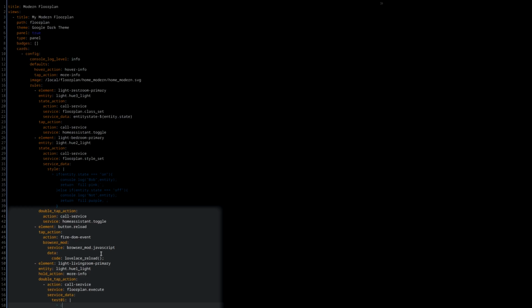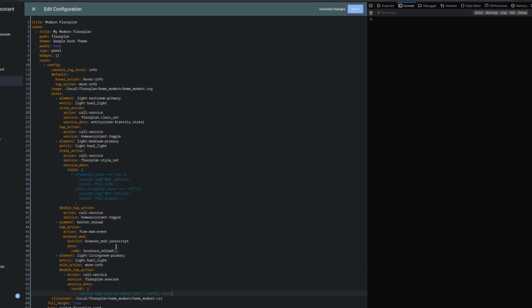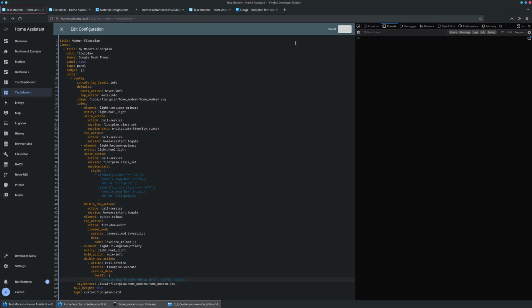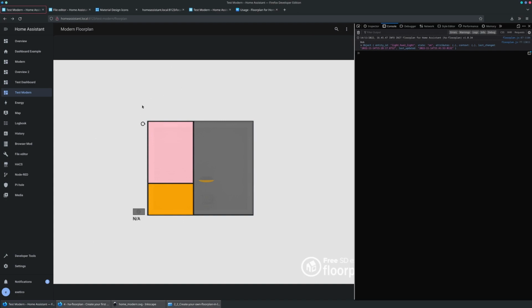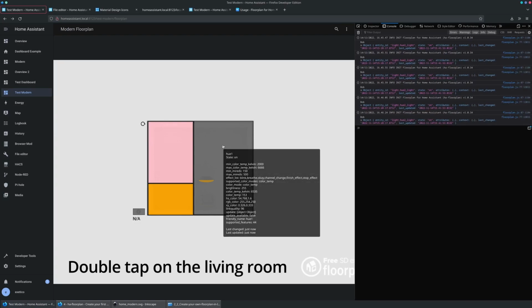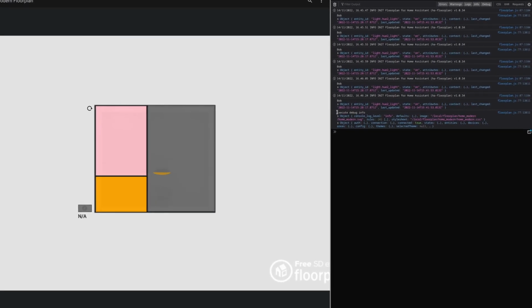And here I will just create a console.log, execute debug info, and I will show you the config key and the home assistant key as well, like so. Let's save it, let's close it, press done, use our reload button, like so. Double tap on that. And here you can see our function is executed and we have access to our config